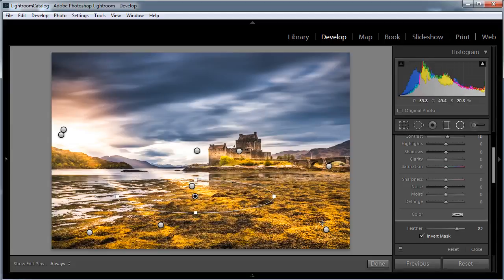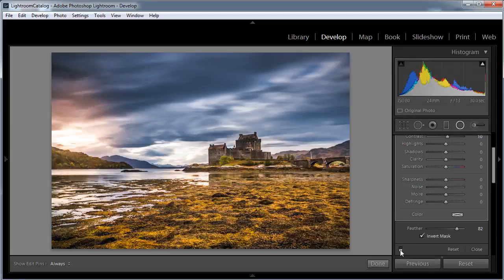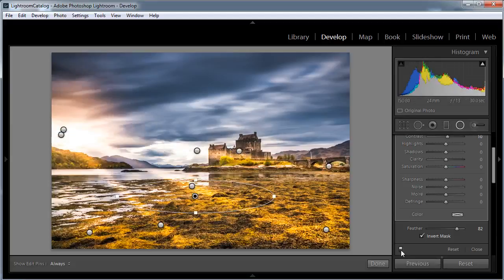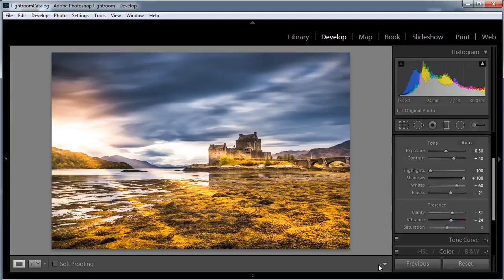So just to see the effect that this radial filter has had, you can use this little button here to toggle it on and off, and you can see this is without the radial filter, and then with it on, you can see we've really added this sort of sun effect. This is raking across our scene. With all that finished, just hit done once again to exit that radial filter tool, and then if you scroll